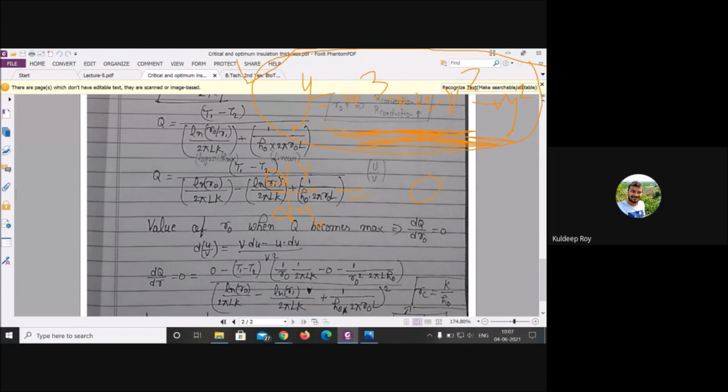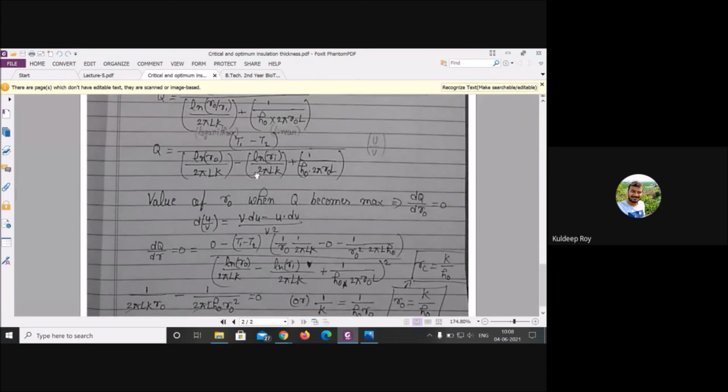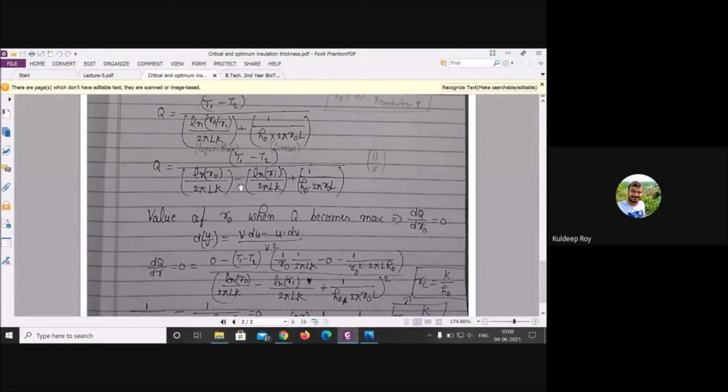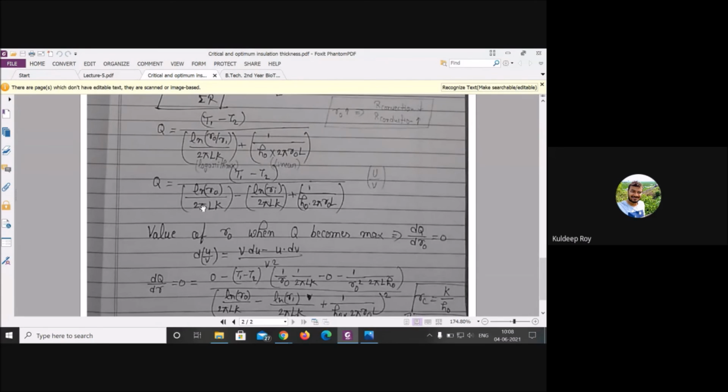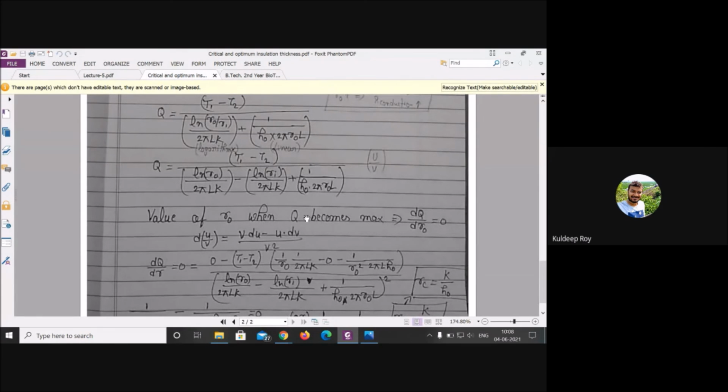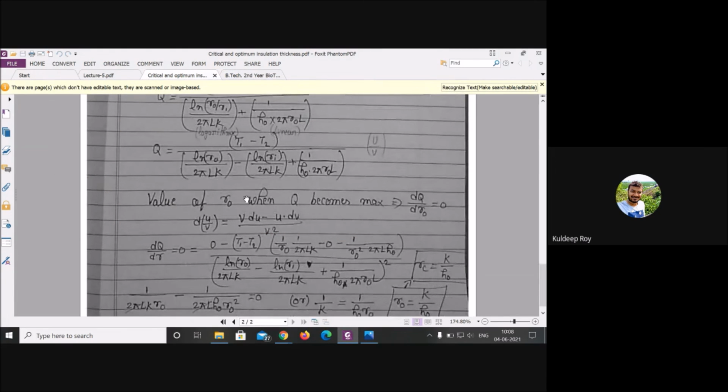Okay, so similarly, you have to do the same thing. What we are saying is, you are looking for maxima. At what point will be the maxima, or you can say the maximum heat dissipation, Q max. Then you have to differentiate del Q by del R, and after differentiation, make it 0. Then you will get to know what the value of R should be. Now we did the same thing. Differentiate it, and this is the formula.